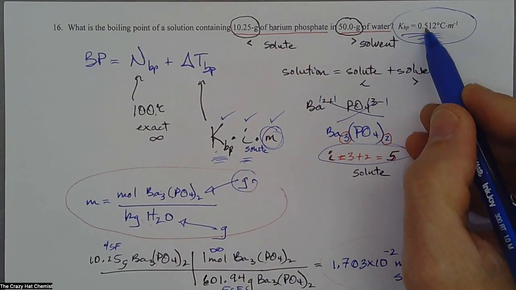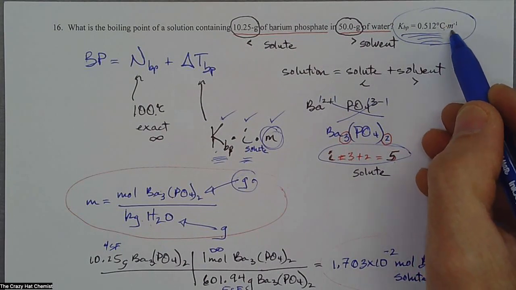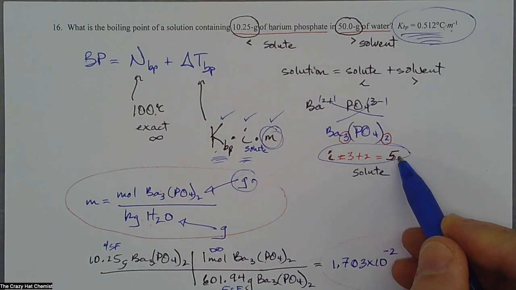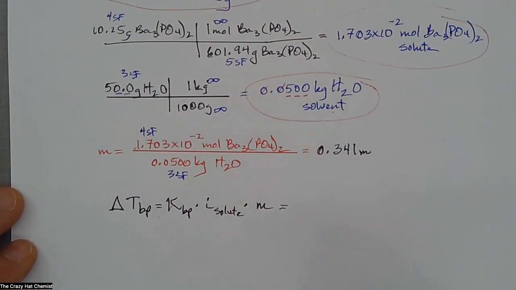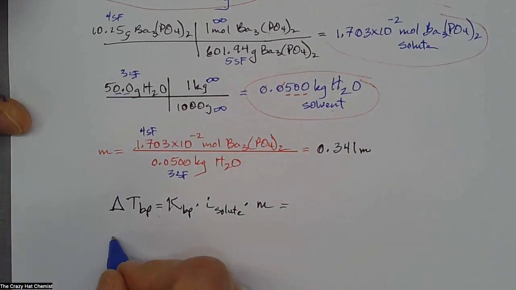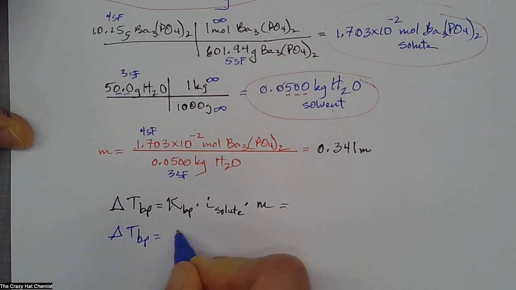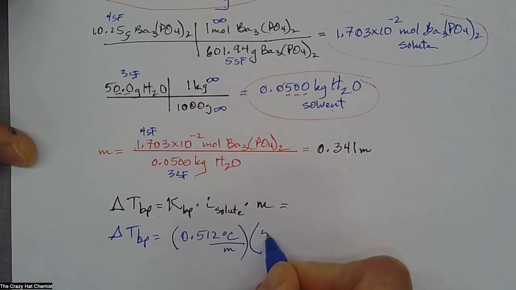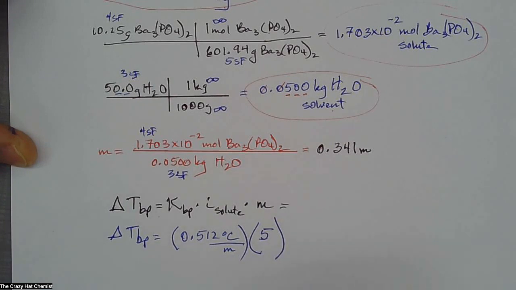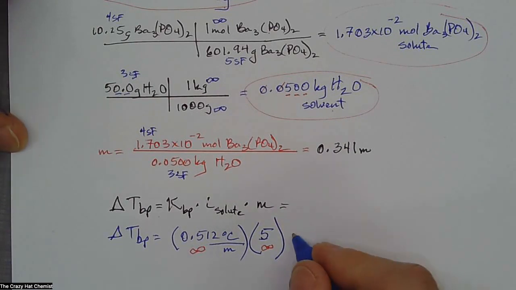The constant is 0.512 degrees Celsius per molal. The Van 't Hoff factor is 5, and our molality is 0.341 molal. All right, so our change in temperature of the boiling point is equal to 0.512 degrees Celsius per molal times the Van 't Hoff factor, and that's a 5. That has no units, it's a counting number, so it's an infinite number of significant figures, just FYI. We'll call the constant an infinite number of significant figures as well, times the molality,